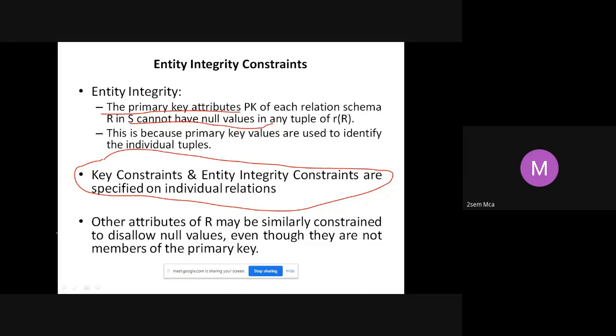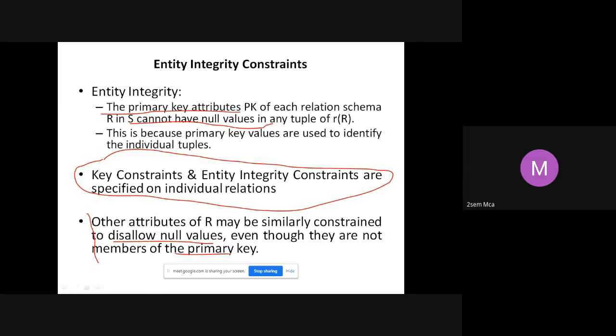Other attributes of R may be constrained to disallow null values, even though they are not members of the primary key. That's what I said. I want the name of the student to not take a null value. I can specify a not null constraint for that attribute alone, though it is not a primary key.